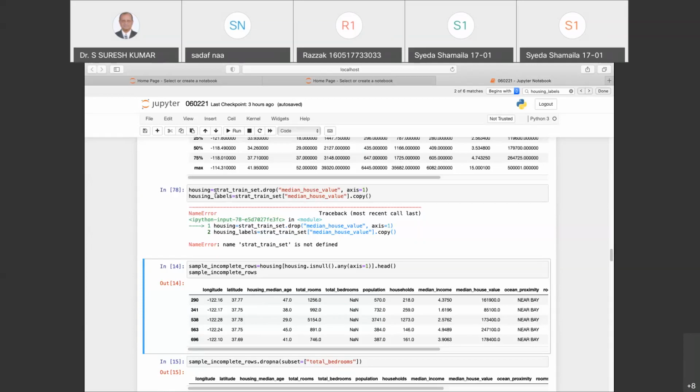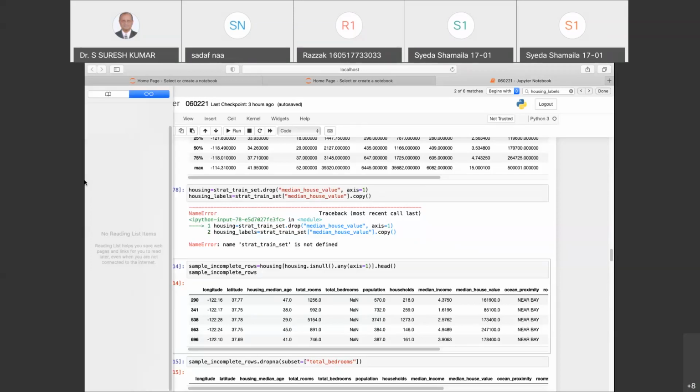So I have to now define my strat train set. Are you guys also getting some error somewhere? If you're getting an error, how will you proceed? Yours also would have come to a standstill. You cannot proceed if you're getting any kind of error anywhere. This says my strat train set is not defined.